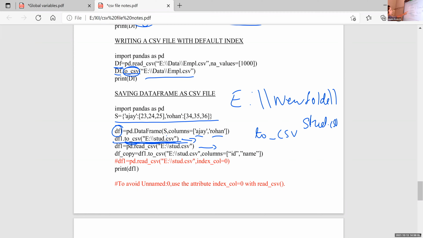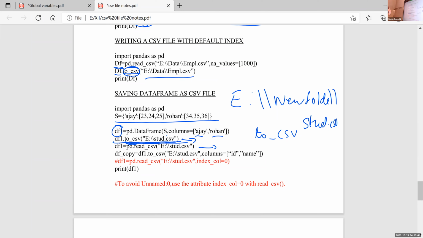First, you create one dictionary. After that, you create one data frame using this dictionary. And after that, create the CSV. From your system, you take any drive. You can use C drive or E drive, any one. There is no need of another further folder for storing the CSV file, because it is difficult to find that file from that drive. So you directly give this location, /stud.csv. Here you can give any name. Instead of stud, you can give your name or any name.